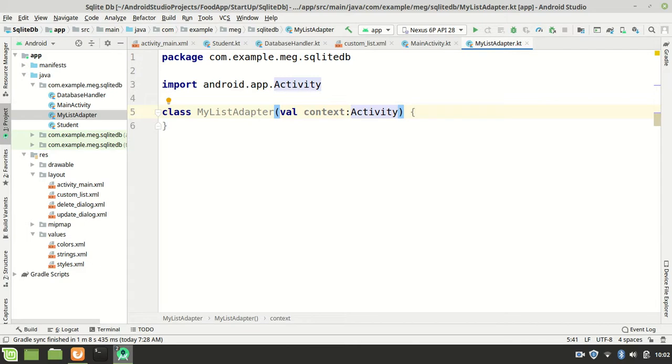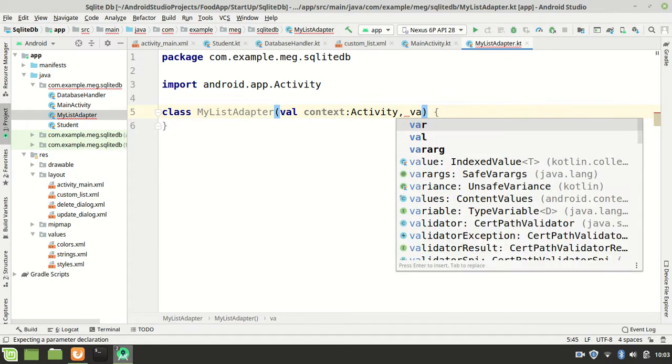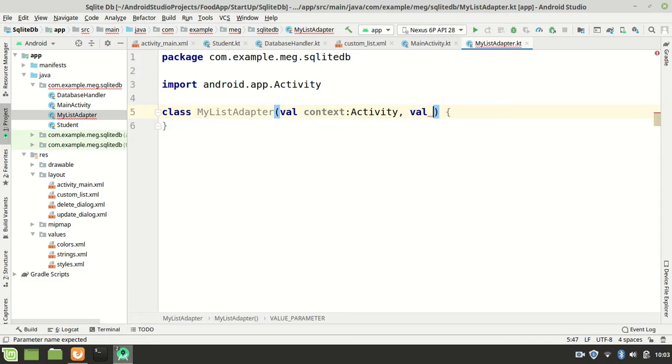Then we're going to pass the ID, the name, and we're also going to pass the email. So first is context activity, then ID we are going to say val, then we'll say ID,